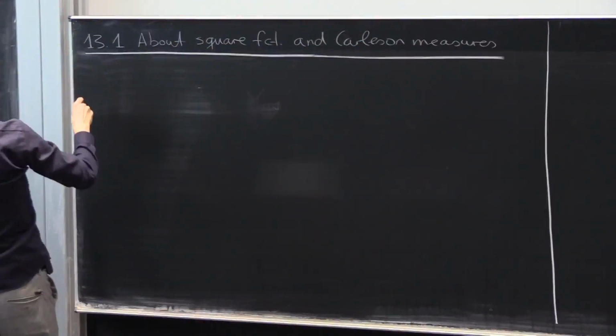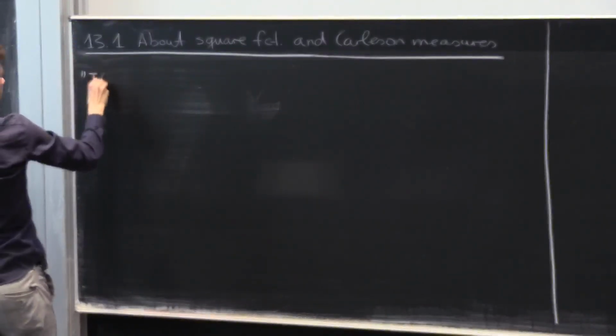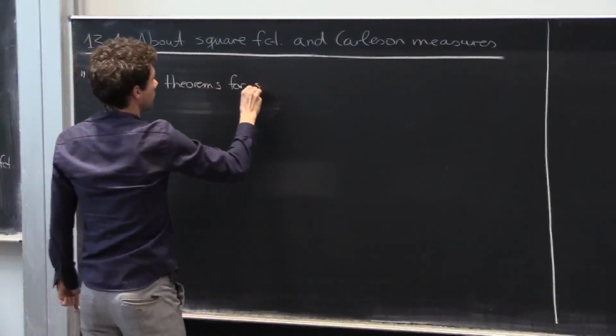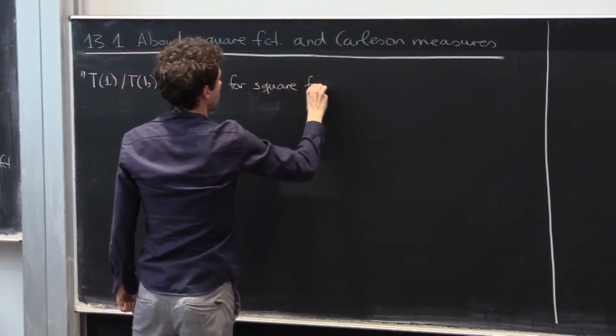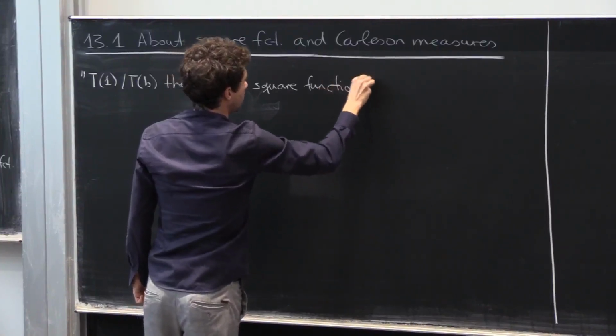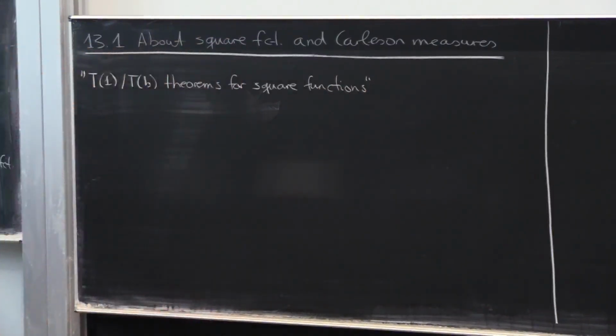So, historically it starts with things that are called T1 and Tb theorems for square functions. Okay, I'm going to tell you a little bit more. Well, I tell you nothing about the terminology actually today, but I'm going to teach you a second history lesson next week, and I'm going to explain to you the terminology why these guys are called T1 and Tb theorem. As of now, it's just a theorem. Okay, and I'm going to explain to you what the theorem says, not why it's called like this.